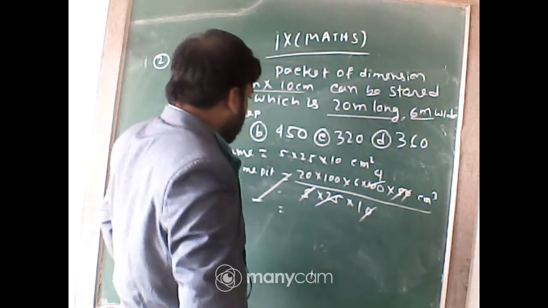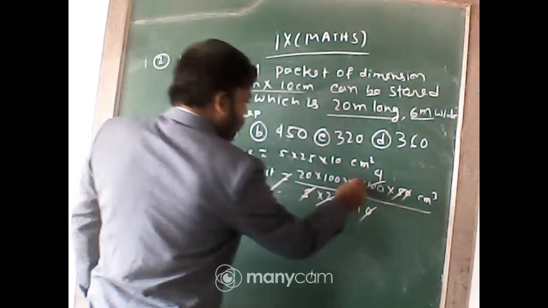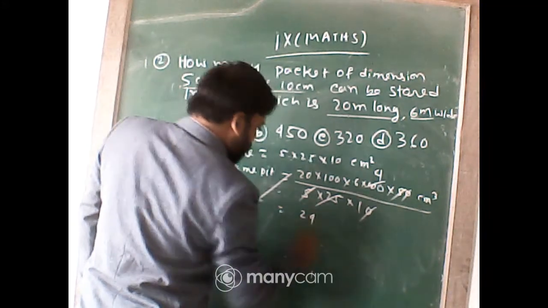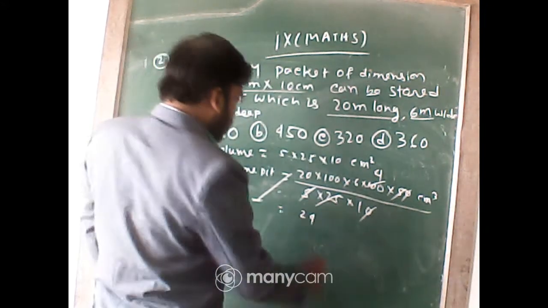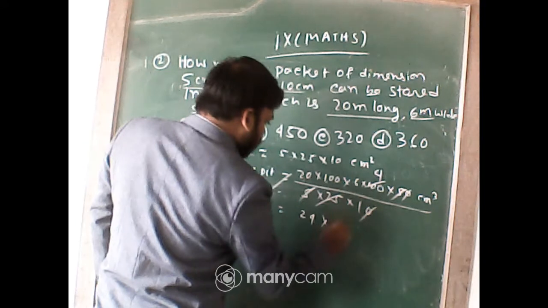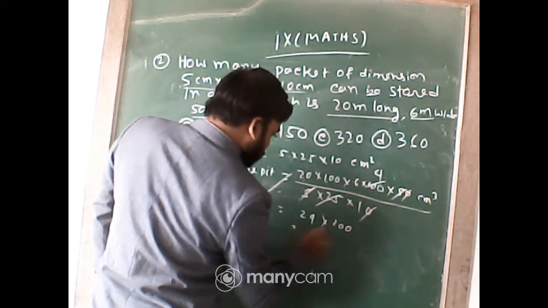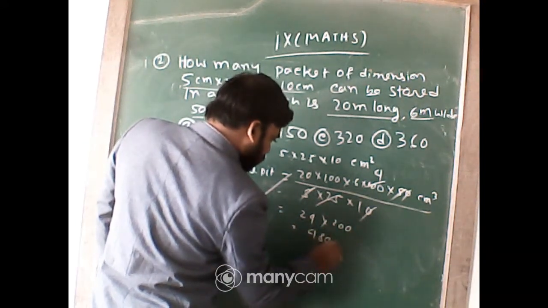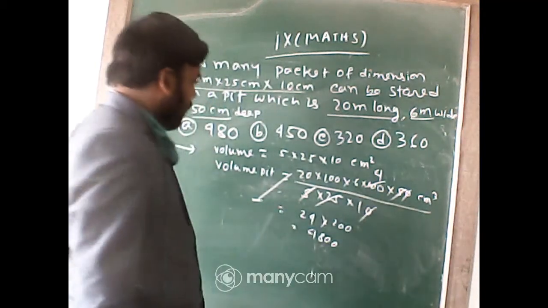So it will be 24 into 200. 4800 is coming. How will you get